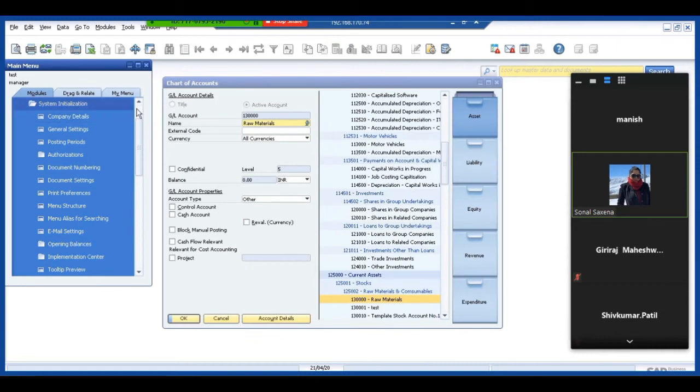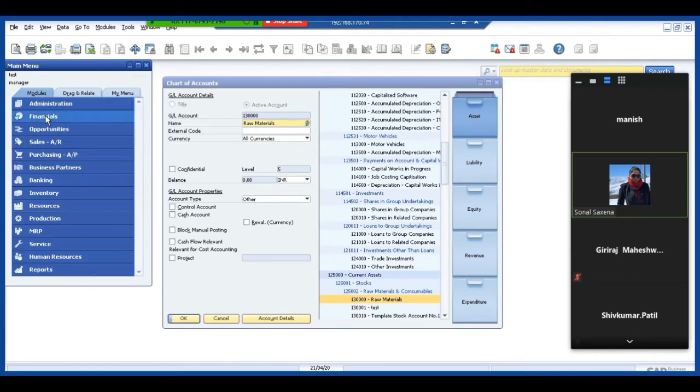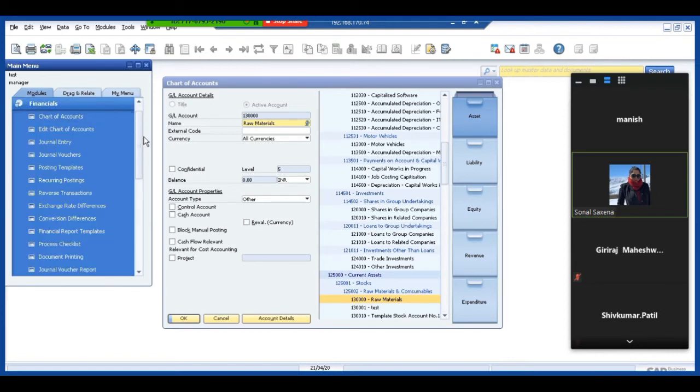The next thing would be to set up a budget. I'll click on the finance. Uh, yeah, Manish, just 1 second. I know there are some people from the NDDB team who are in the training today.